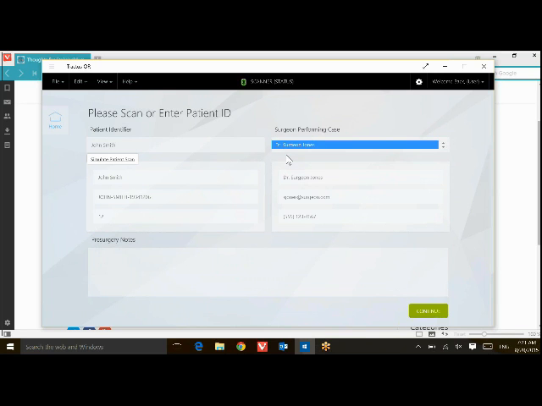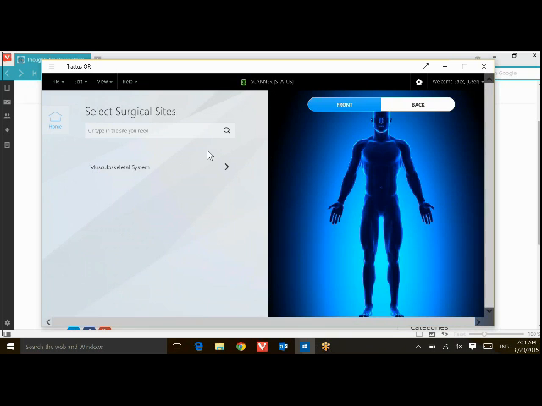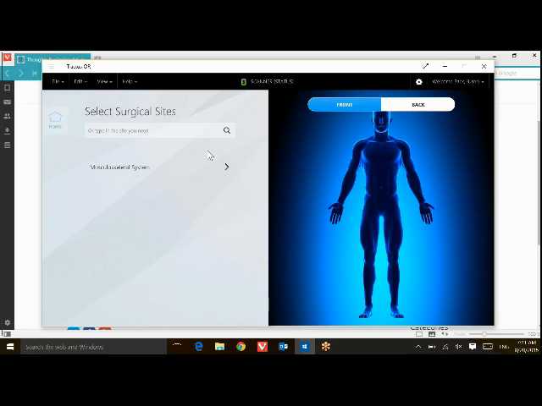In this case, we're using good old Dr. Surgeon Jones. And if there are any pre-surgery notes that need to be inputted attaching to this case or with Epic, we can go on ahead and type those in. Now, it's important to note that this solution can either be used with a keyboard and mouse, or it can be used via touchscreen. We have a whole bunch of different search functionality and search features from this particular side,